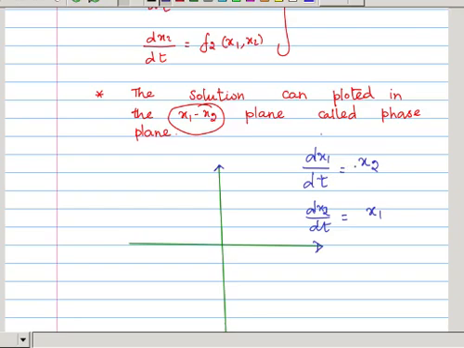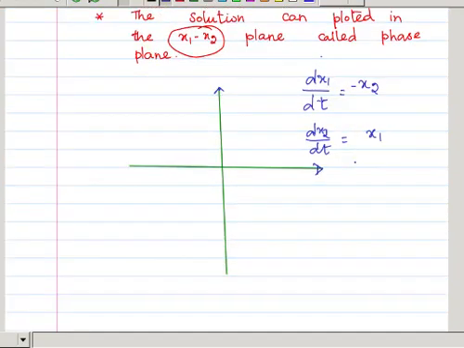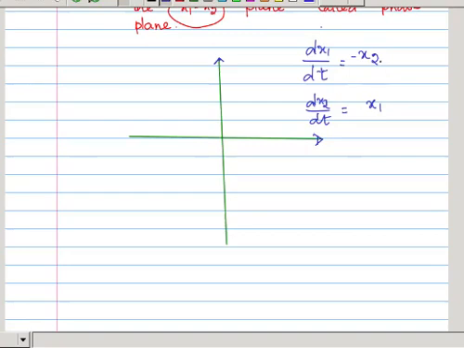If you are choosing it this way, if you want to plot this vector, you write the f vector at the points x1 comma x2, this is my x1, this is my x2, it is nothing but minus x2 i plus x1 j. If we change x1 to x, x2 to y, then the f vector is defined as